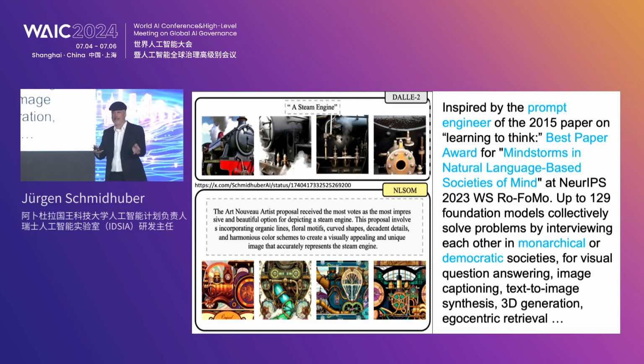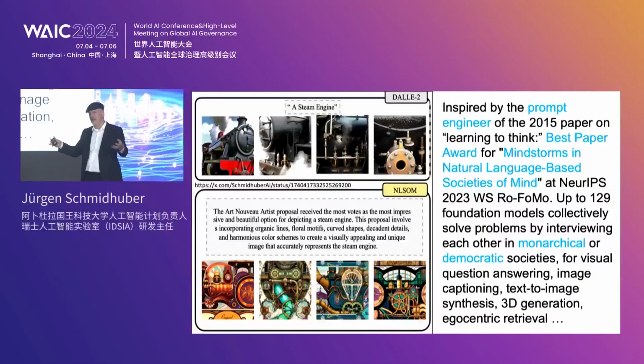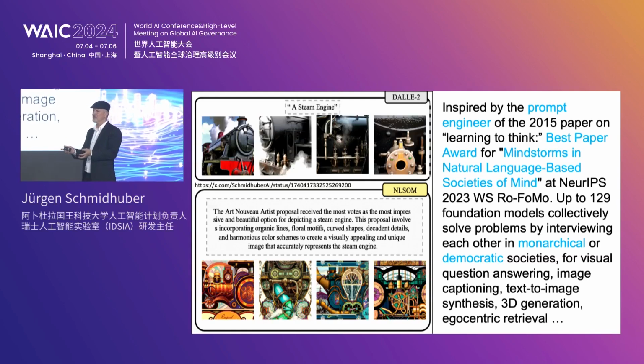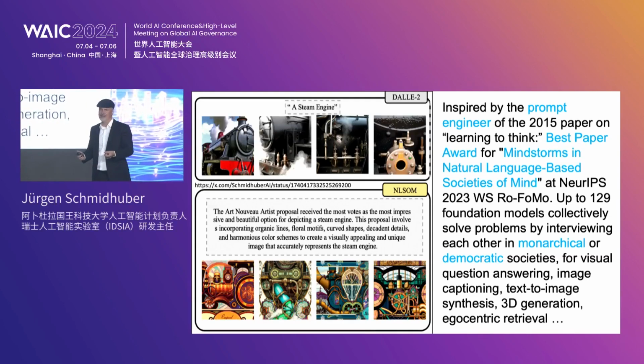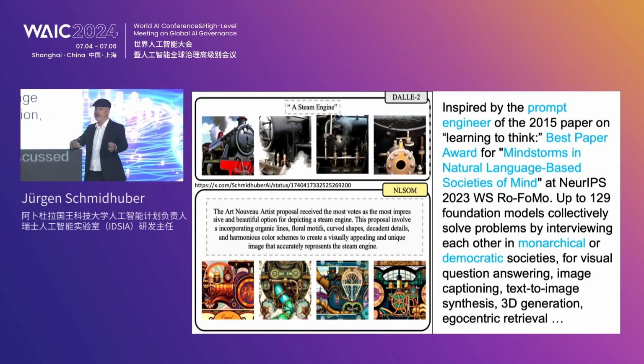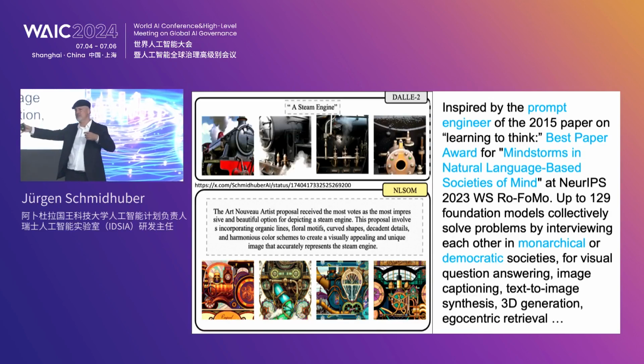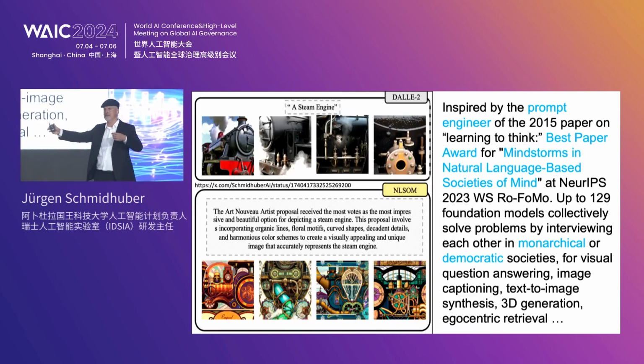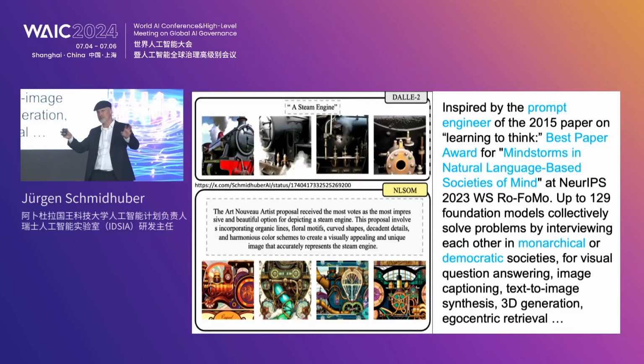You give them a task that none of them can solve by itself, but collectively, maybe they can solve it. And how can they solve it? Well, they start something we call a mindstorm. They discuss the problem, and it goes back and forth, and this language model has an idea, and maybe this caption generator knows about vision, but not so much about thinking.